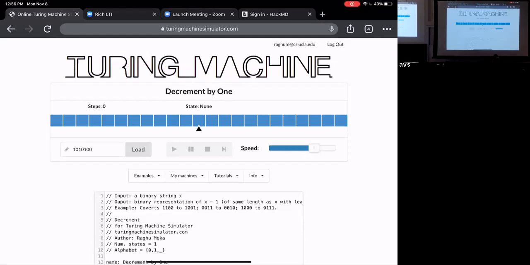Not necessarily, right? Because maybe the input said 0, 0, 1. So I find a 0, and then I start looking for a 1, maybe 0, 0, 0, 1, 1, 0. Then the first one I could find might be in the middle of the input, but there could still be a 0 before. So you might as well just go all the way back. Okay.